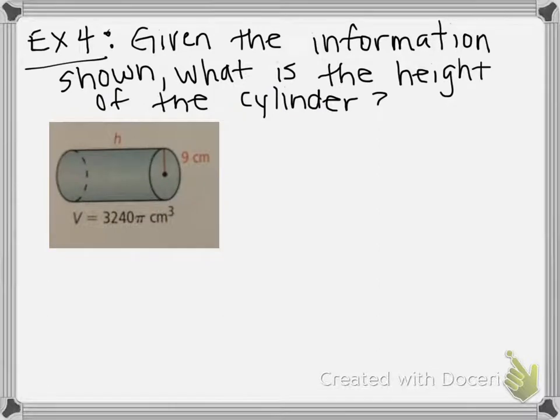Here is a fourth example, this time using a cylinder. This one's a little bit different because they're not asking us to find the volume. They're actually saying, given the information shown, what's the height of the cylinder. But since they give us information about what the volume was, I'm still going to use the same formula. So since volume is area of the base times height,